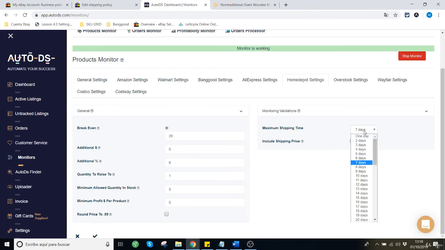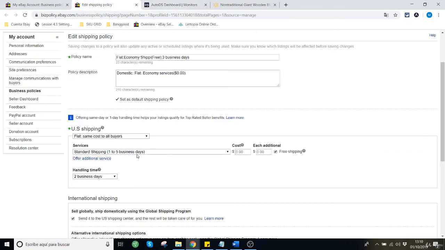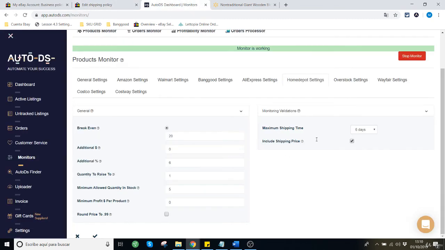So with this, actually it's 6 because our business policy is 5. We make sure that listings with shipping time over 6 days are not going to be listed by AutoDS, or even if they are listed, they will be listed as out of stock.